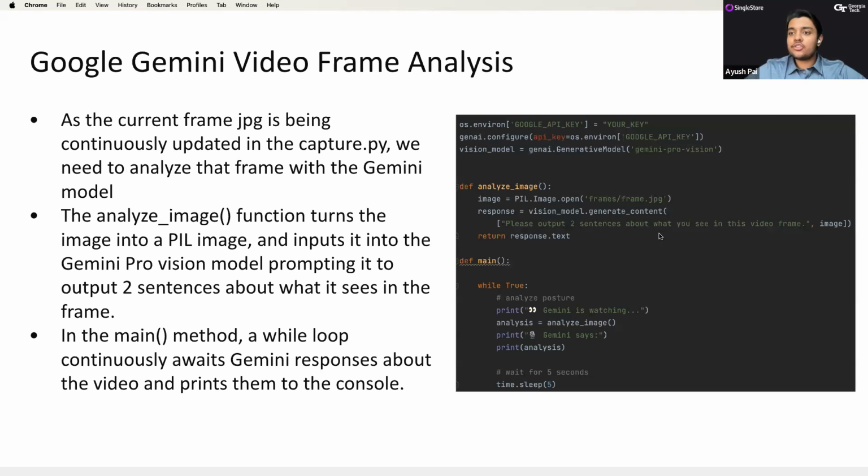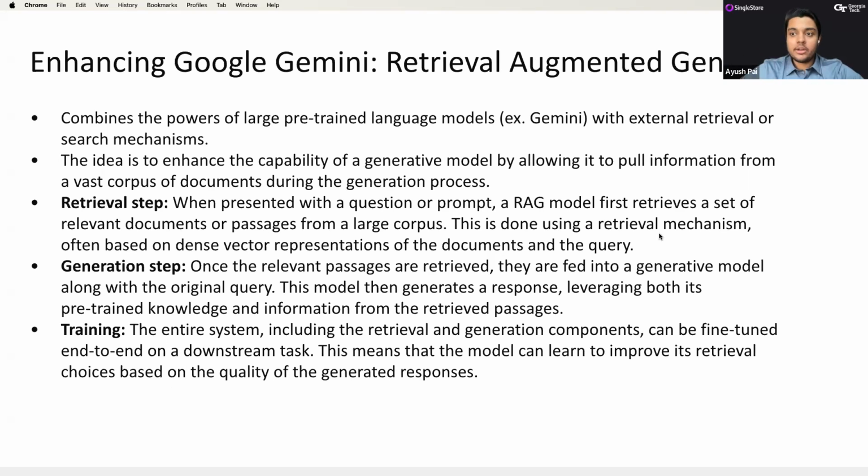This shows the next step, where we get Google Gemini to actually do the frame-by-frame analysis. As we save the current frame JPEG with capture.py, we want to analyze that frame directly with the Gemini model. The analyze image function in this case uses what we've been doing all session long, which is using the Gemini Pro Vision model, prompting it to output 2 sentences about what it sees in the frame. In the main method, we have a while loop that continuously awaits Gemini's responses about the video and prints them to the console. I'll go into a live demo right after this, but